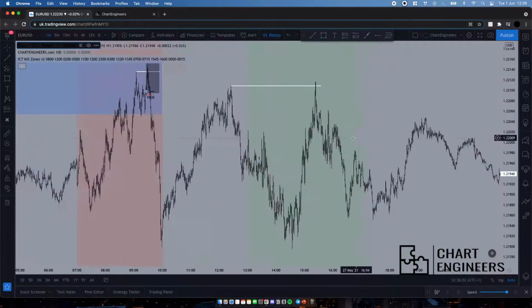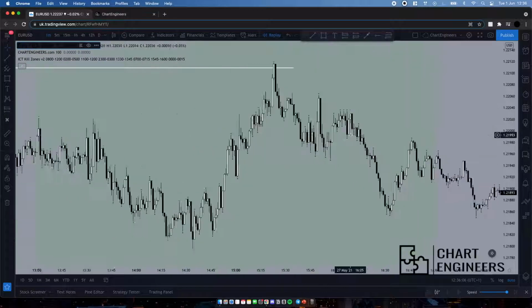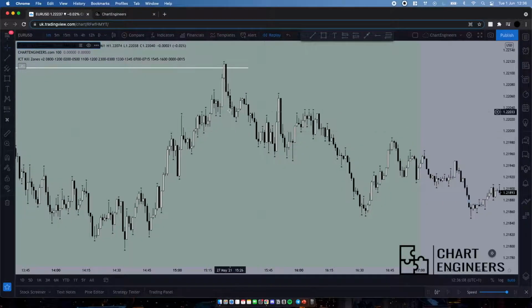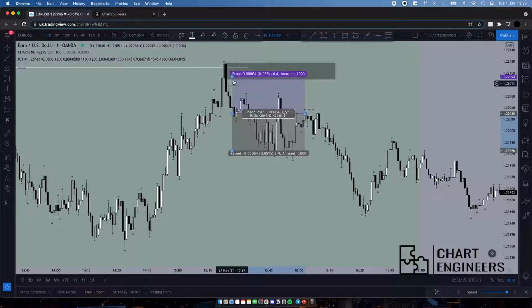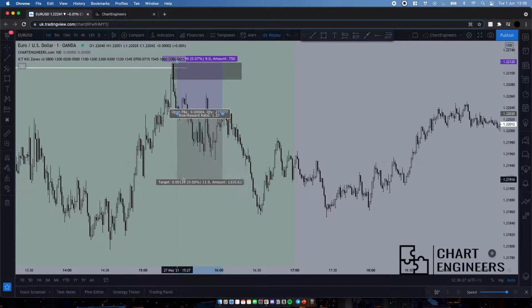So this was the other one, and I know a few of us were just waiting for the raid candle instead of the full breaker zone. So here's the raid candle. Get swerved on it. If you use the full breaker zone, it was a bit big, it would have been 9 pips, and yeah, the breaker zone was a bit big, so I don't think a lot of us would have taken that.